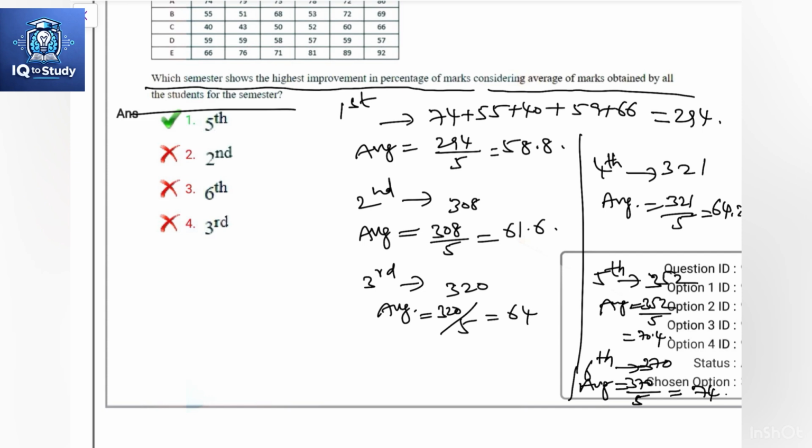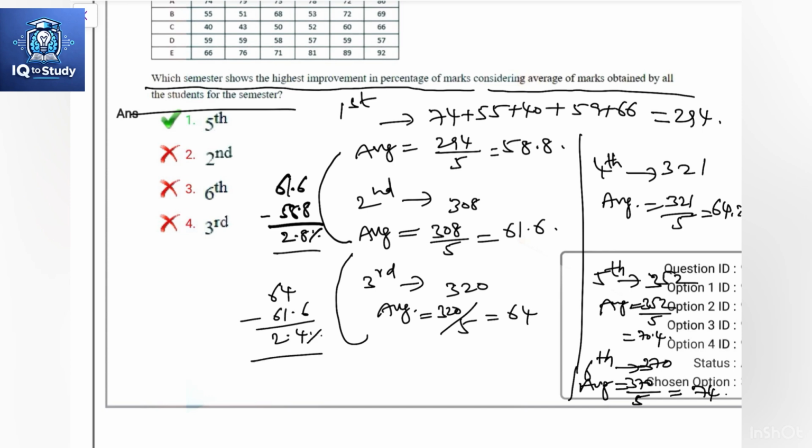So here, the improvement in percentage of marks from first to second semester is 61.6 minus 58.8, which is 2.8%, and here second to third semester is 64 minus 61.6, which is 2.4%, and then similarly 64.2 minus 64 is 0.2%,